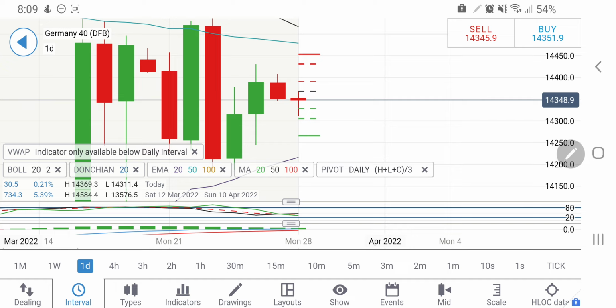So largely, as I said also in my weekly analysis, between 14200 to 14500 for Germany 40 is still a doubtful zone. Any breakout below or above should be a good level, and one can confirm that Germany 40 can remain bearish or bullish for the week only if it breaks these levels. So take your positions accordingly.